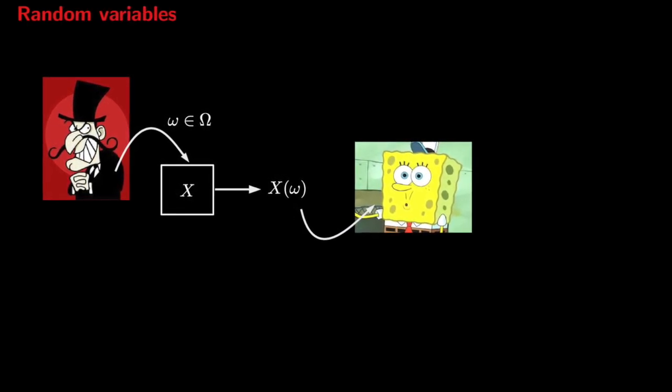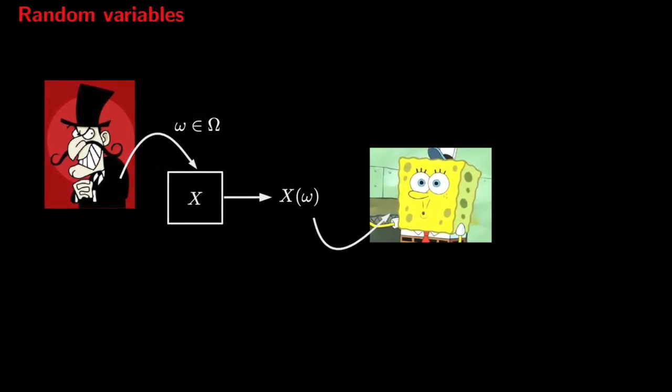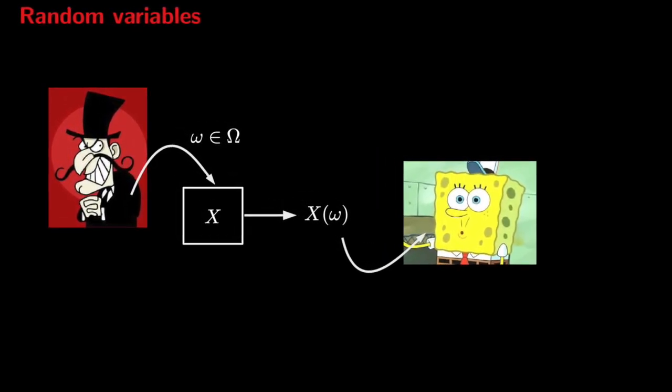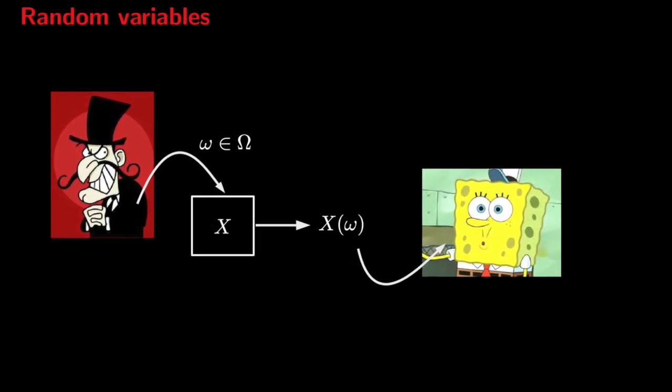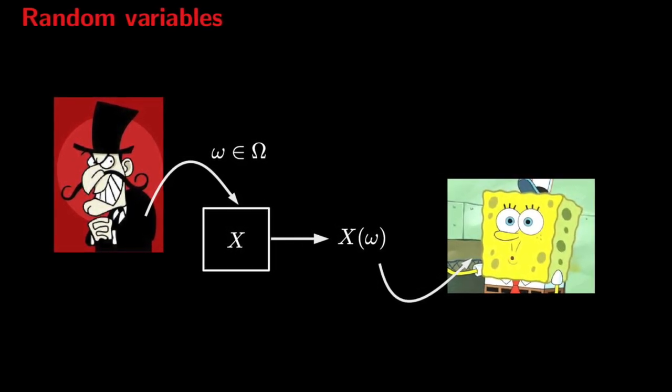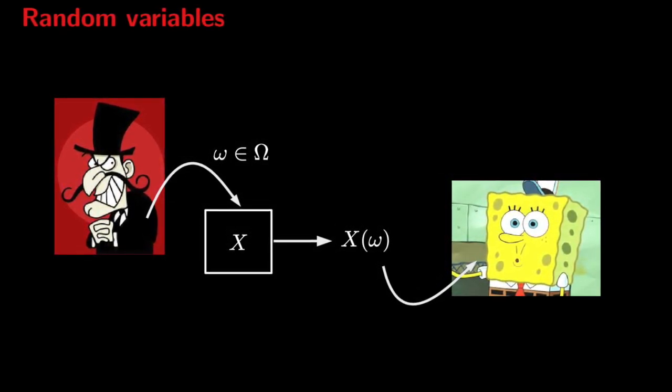Now, what is omega? We cannot answer that. It's a random experiment. We don't know what omega is, but we know that if a certain omega does happen, then we will have a certain outcome X of omega. The idea is that nature somehow, or some malevolent guy, chooses omega, and we cannot look behind the curtain and know how they choose omega. They provide it to X, so X is the interface between the unknown part of the world and the observable part of the world, and we observe X of omega.